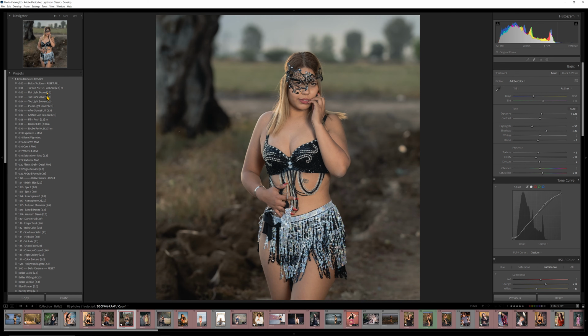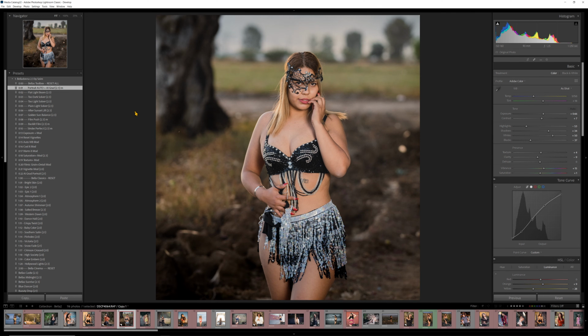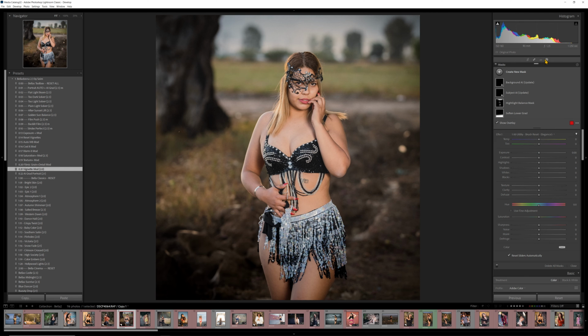I can take my raw, I can crop it, and I can go down here and quickly get a look, most of the time in the Bella's Toolbox, that I'm gonna like, just out of the gate. In this case, Portrait Auto just works pretty well. I could adjust my exposure manually a little more. I could add a vignette,